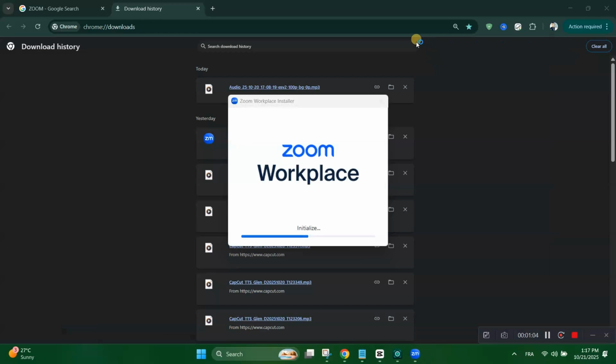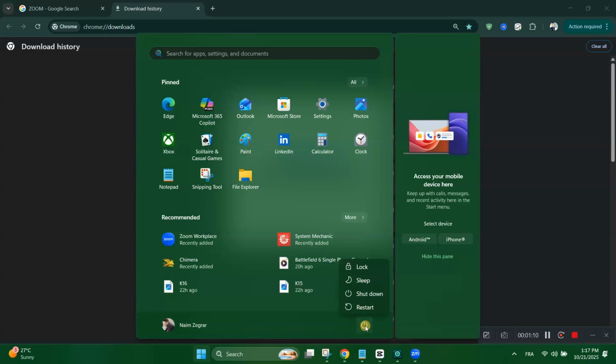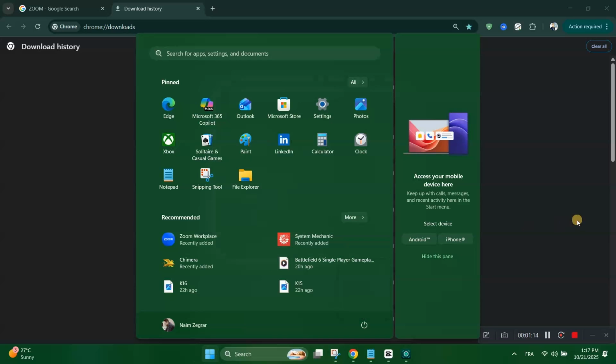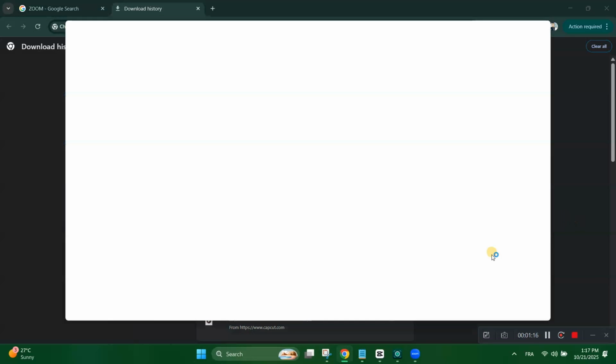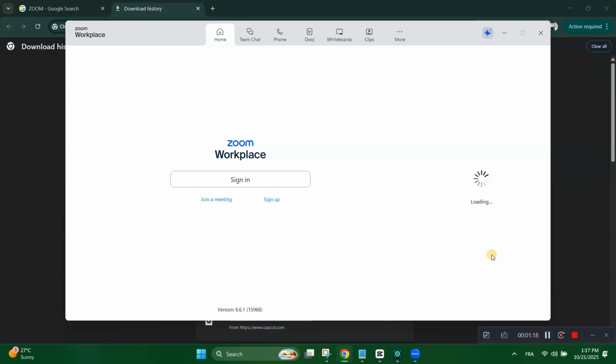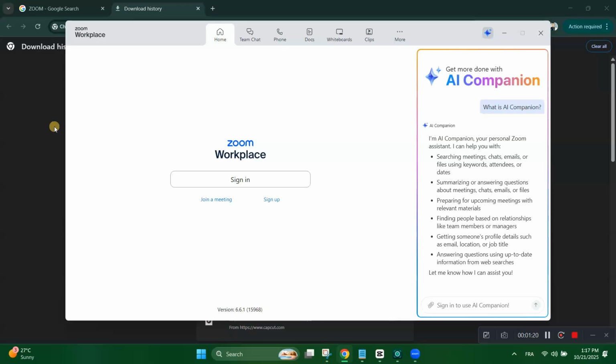And finally, restart your device. After completing both steps, restart your computer, phone or browser, launch Zoom again and try signing in. Just a tip, if the issue persists, check the Zoom service status page to make sure Zoom servers are not